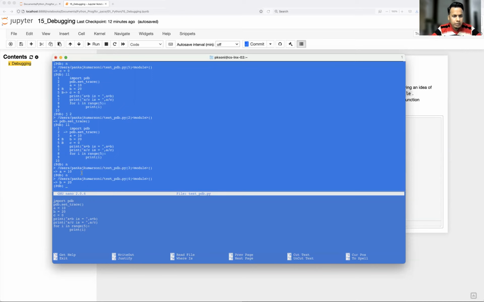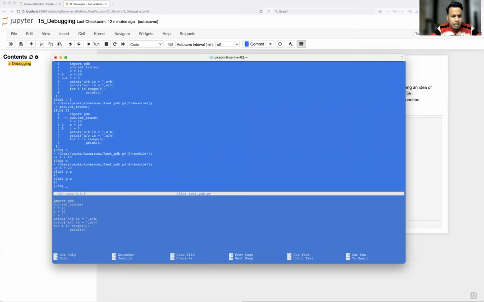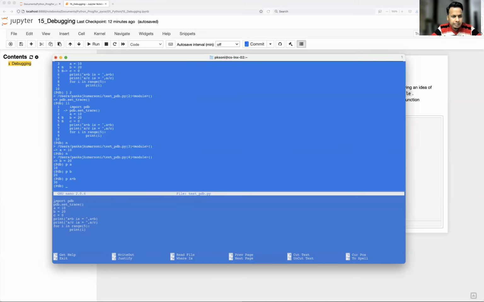And now whenever you execute a line, and if any variable exists and it has been executed, you can print that particular variable using P A, okay, P B. And let's say you would like to execute some other different operation, right? You can utilize all the variables whatever line is already executed. So in this case, A and B both are executed, right? So I can print A plus, let's say, B. Okay, that is 30. It will show here also.